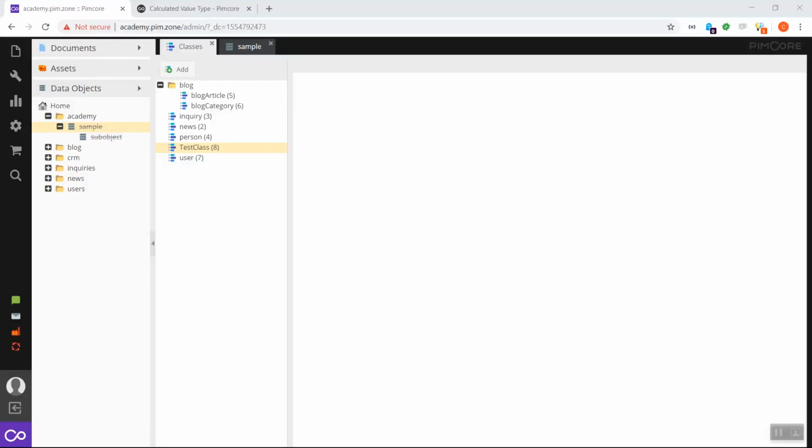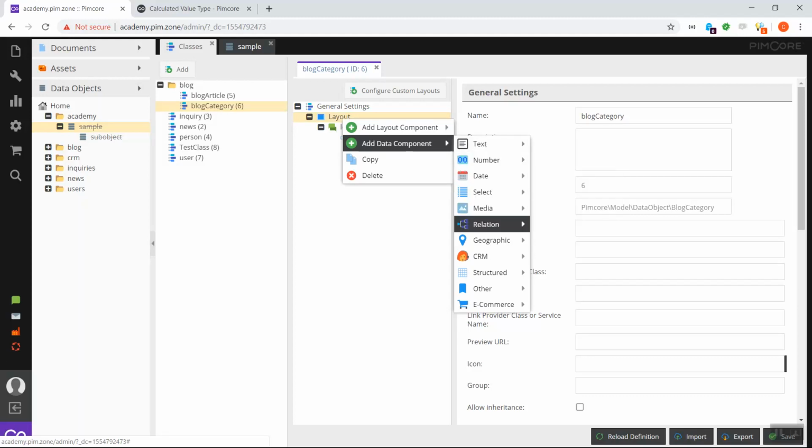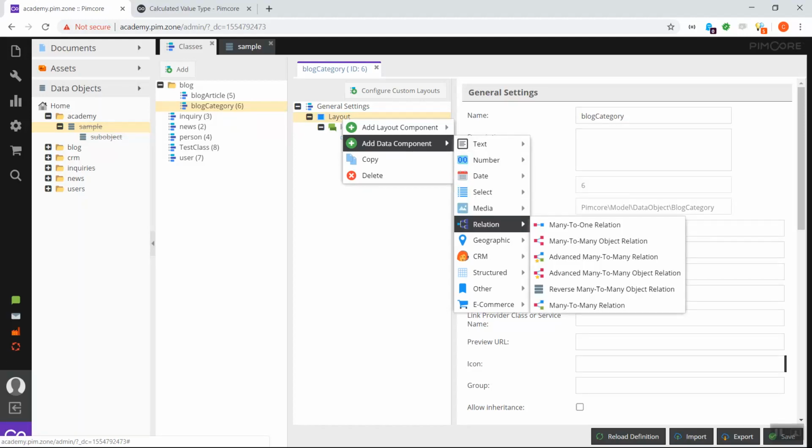In the relational data types, there is also one additional data type we need to address at least shortly, and this is the so-called reverse many-to-many relation data type. This data type is a bit special because it is actually not really a data type, it's only a convenience function for the Pimcore backend interface and has no implication for the storage in the database and also no implications for the actual PHP API. So actually there's no getter generated for this data attribute. This can be used, for example,